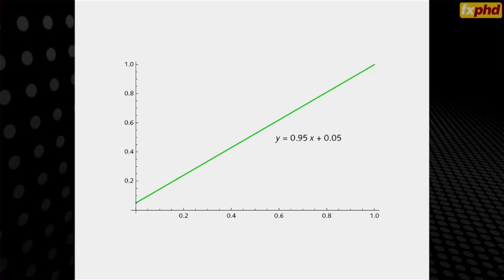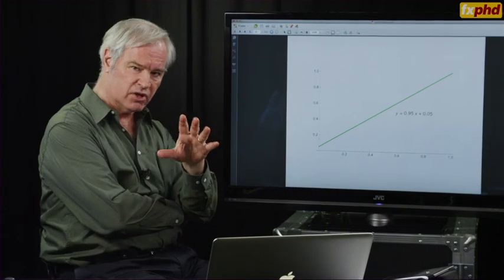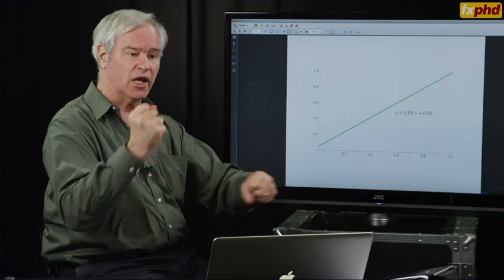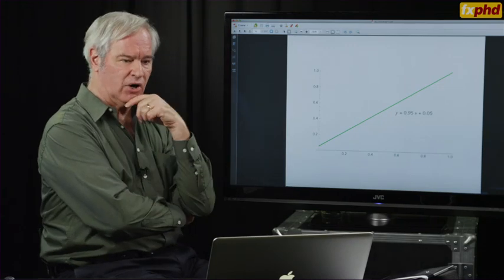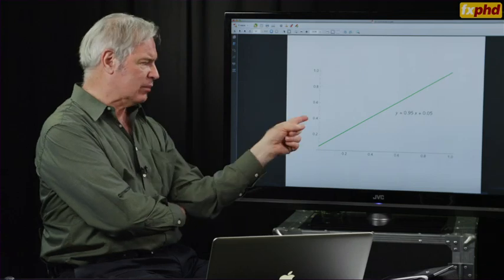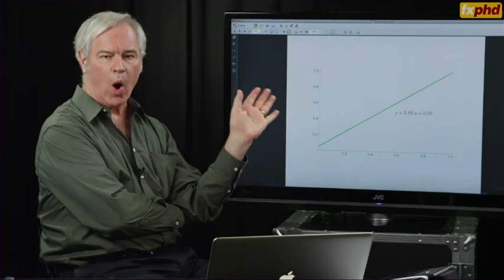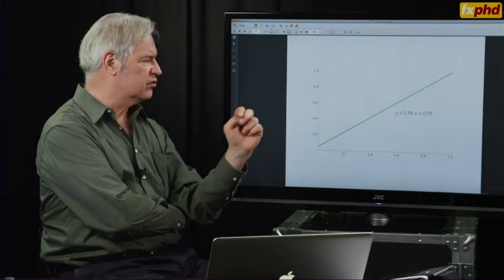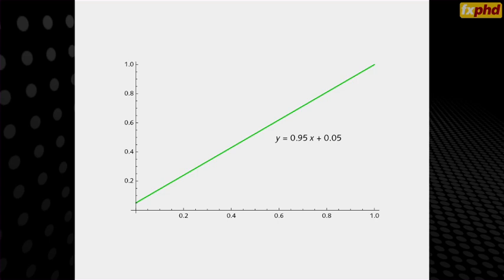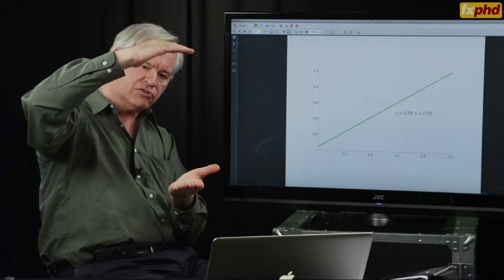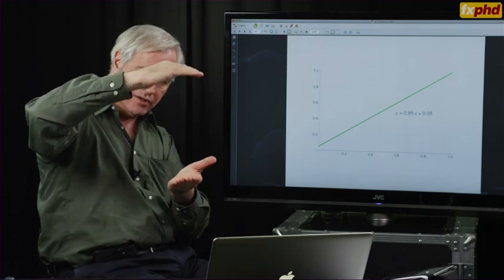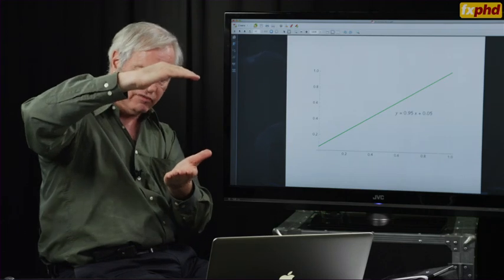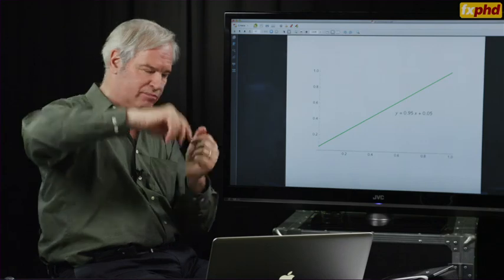Now, I'll wrap today's class with, unfortunately, a little bit of additional complexity, but I want you to be equipped to get your hands on this and work through it if you're faced with problems in this dimension. Here I'm showing you this very simple equation, y equals mx plus b, and I've chosen M to be 0.95, and I've chosen B to be 0.05. So all I've done is reduced the gain a little bit and introduced a little offset of plus 0.05, 5%.